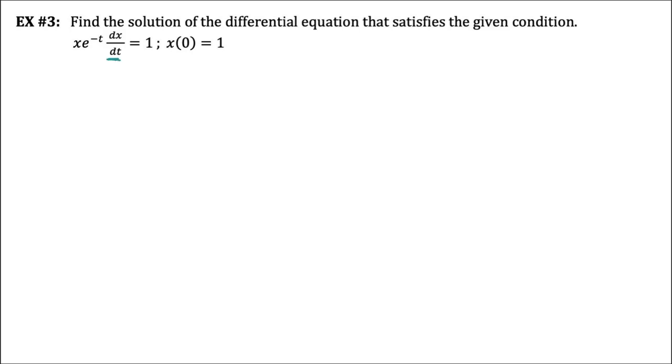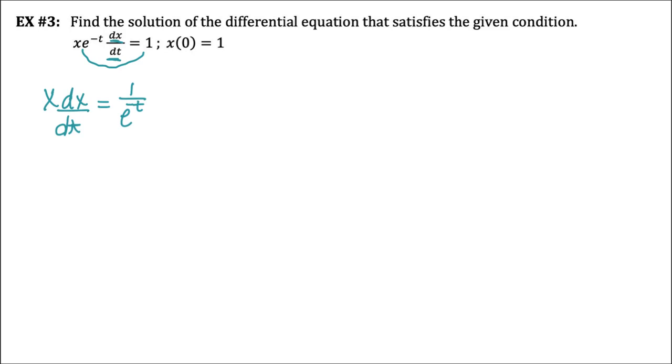Notice this time our variables are x and t. And so we need to go ahead and move some things around here. So let's see. It looks like we can divide our e to the t over. So I have x dx dt equals 1 over e to the negative t. Because I divided that over. And so this 1 over e to the negative t,